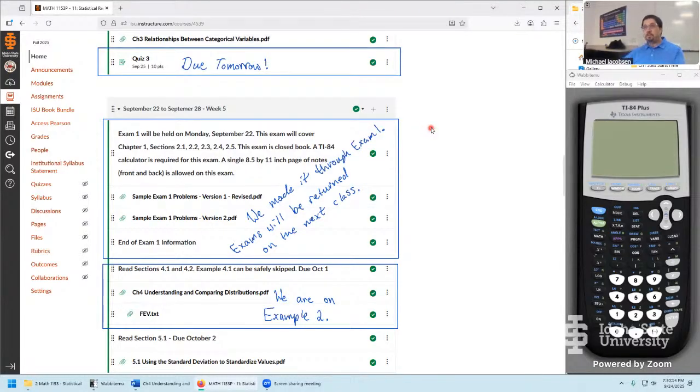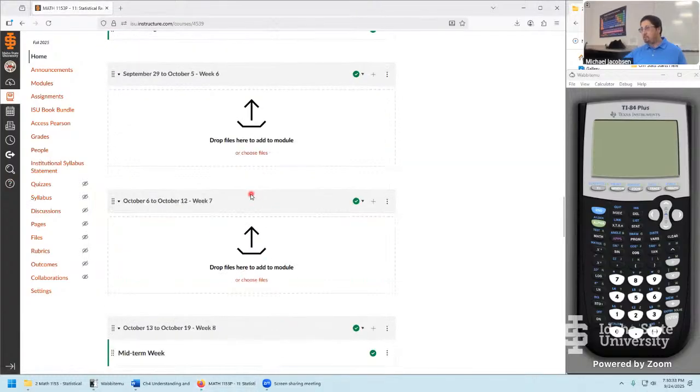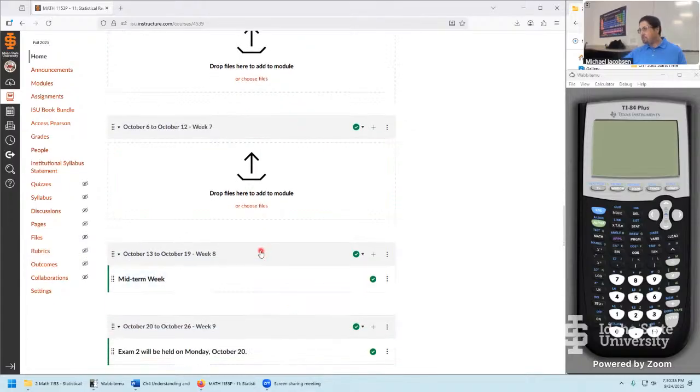As far as the grading goes on this exam, I'll have it completed probably around tomorrow afternoon. So I'll have the hard copies returned to you in class when you come back next time. So this is pretty much how all of our work is going to go through Canvas. We'll have our normal week when we come back on week 6, another normal week on week 7. Midterms week is going to be kind of a normal week for us as well.